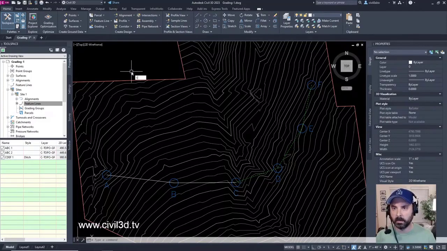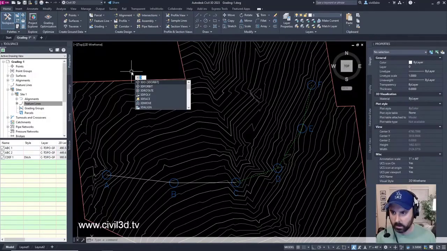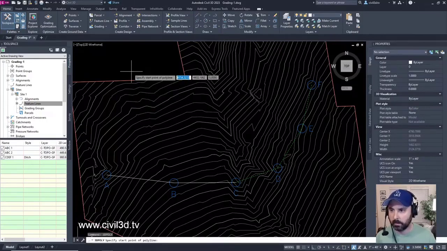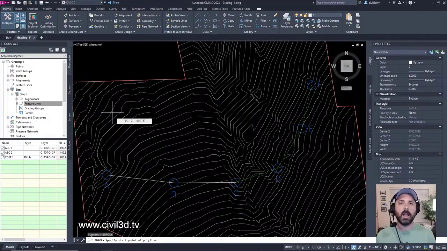Can I type in 3D? 3D polyline? 3D poly. Let's try that. If I start from right here, I'm just looking to see how a 3D polyline is compared to a feature line. This is just for kicks, okay?